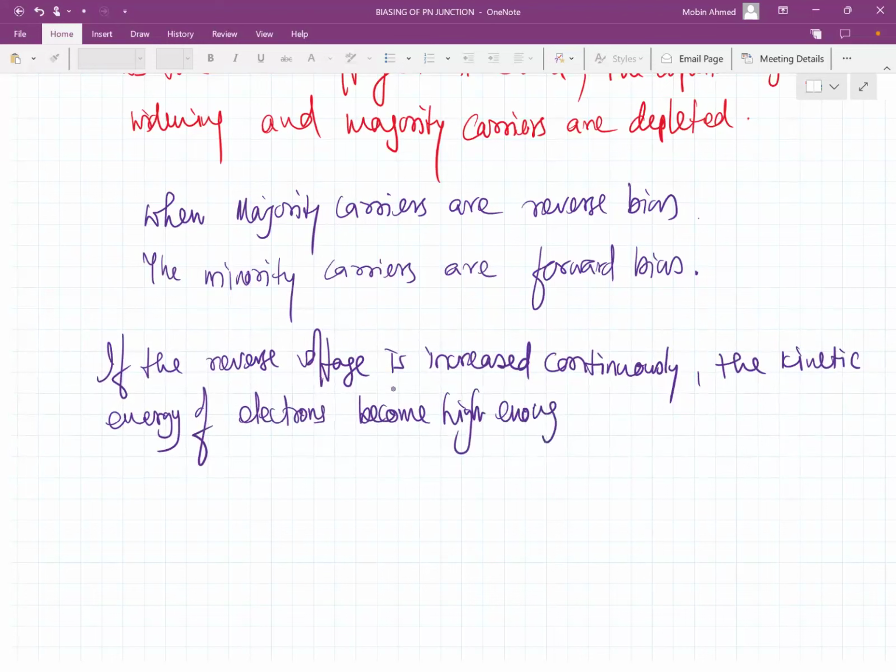High enough. We are talking about the minority carriers. So what happens? They speed through